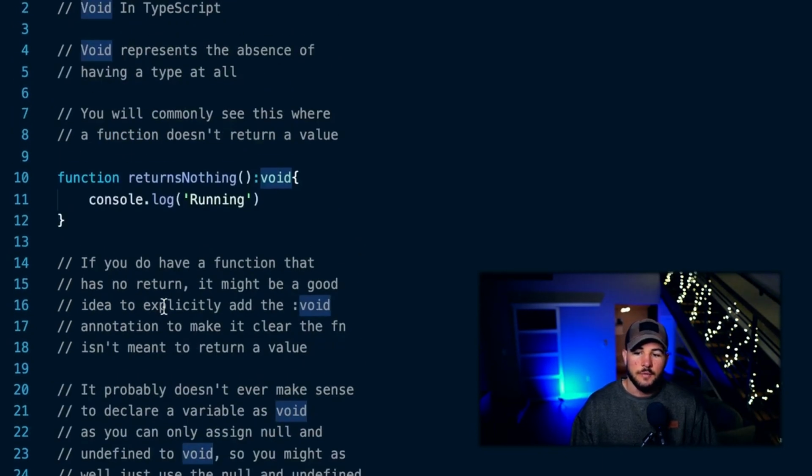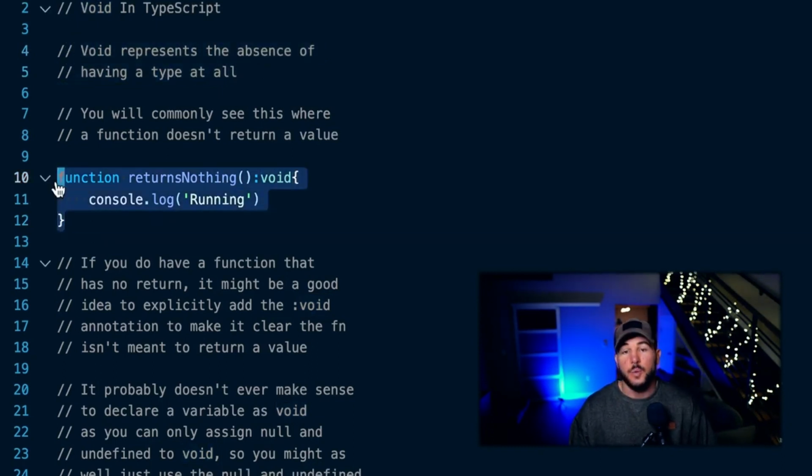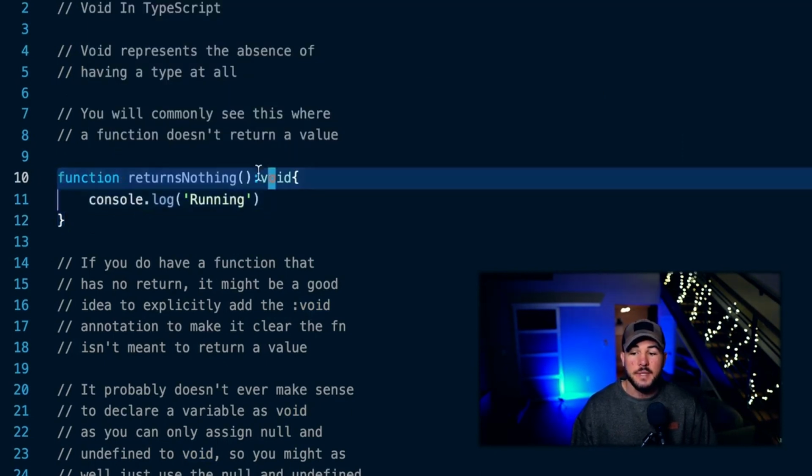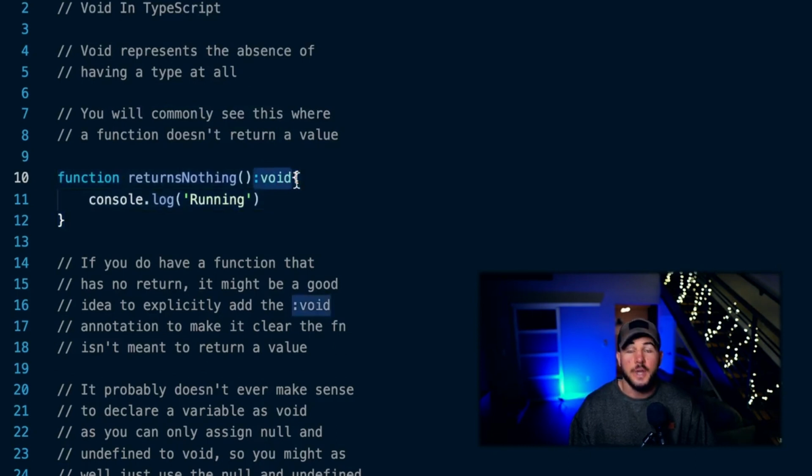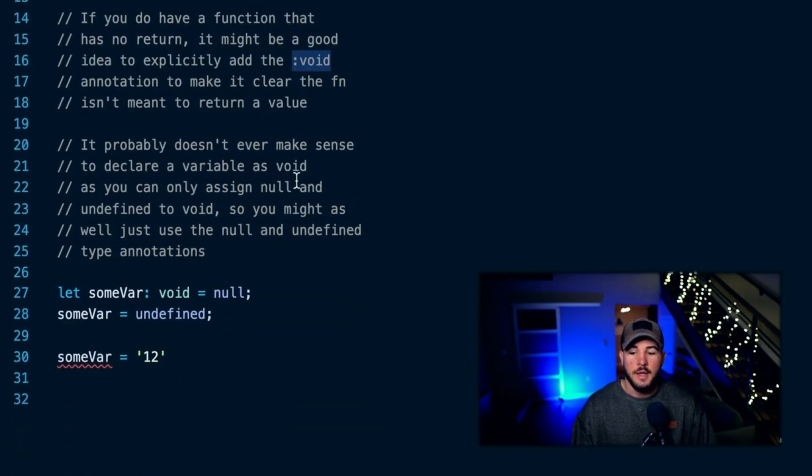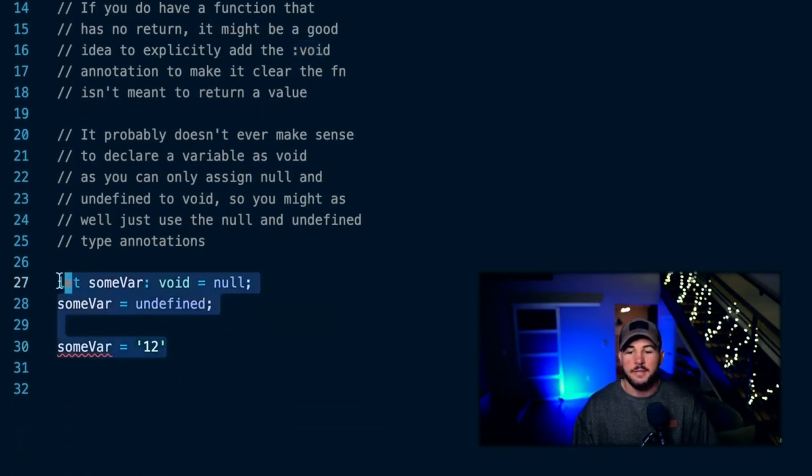All right, so void in TypeScript represents the absence of having a value at all. You often see it in functions that have no return value whatsoever. If you create a function that has no return value, I might explicitly put the return type of this function as void just to make your code a little bit more clear. I probably wouldn't declare a variable with the annotation of void, because I think you can just use null or undefined for that case, since void types are only assignable to null and undefined. So hopefully this video gives you a good idea of how void works,